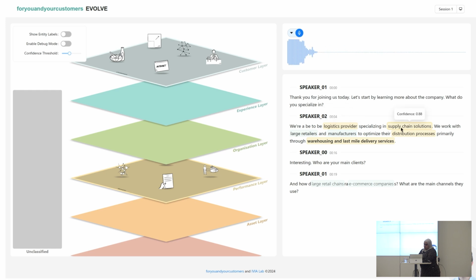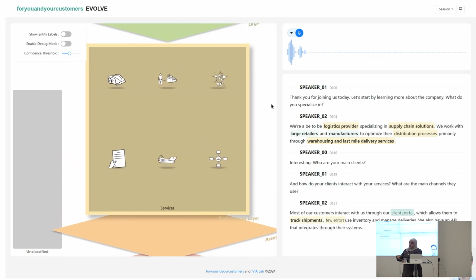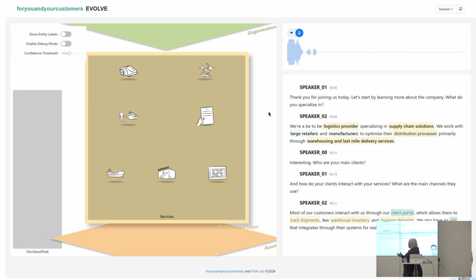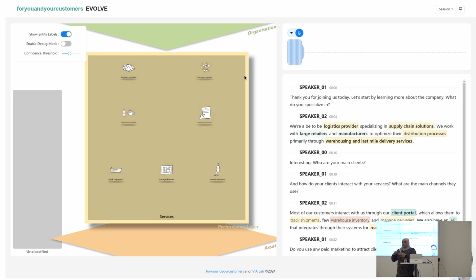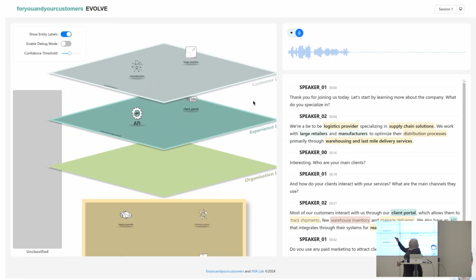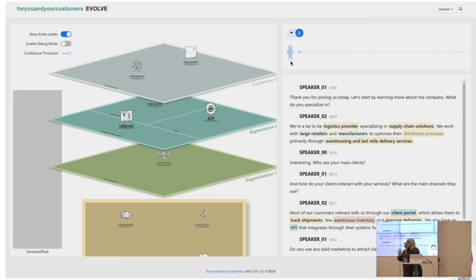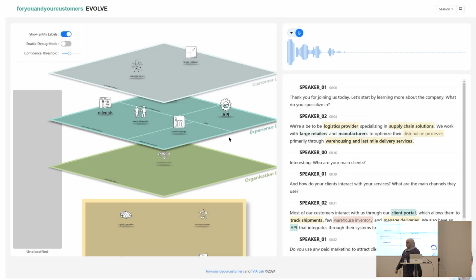All right, so what you're seeing here, and I'll keep the video running, is basically a real-time capture of a conversation between a client and a consultant. They are trying to figure out what the different architectures and services are that a company provides. There are all of these layers, from customer layer to experience layer to organization, that the consultant wants to ask the customer about in order to map the structure of what actually exists in that company.